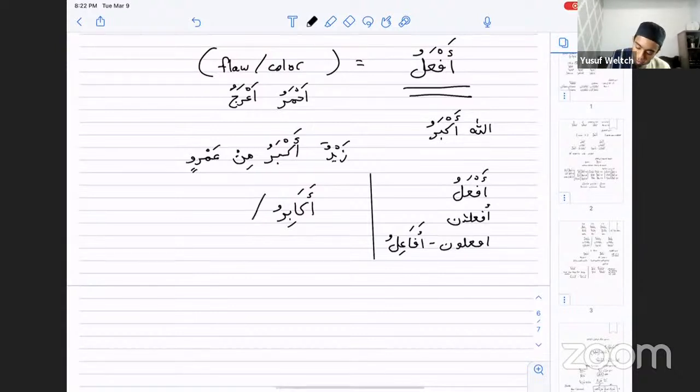Another word for these types of people is afadil. They're very respectful words to call your audience, afadil, which means righteous people, people of virtue. But those are masculine: af'alu, af'alani, af'aluna, or afa'ilu. If you want the feminine, it would be